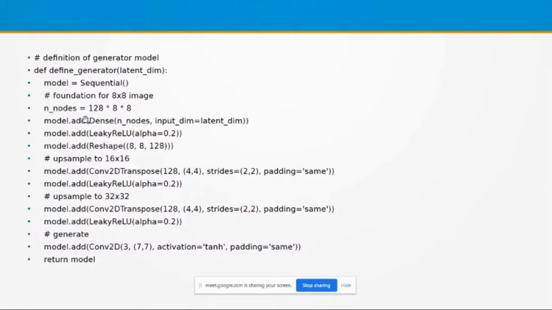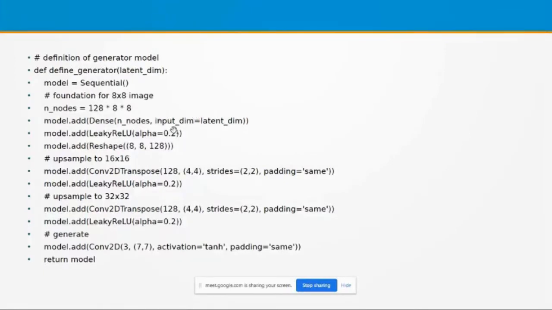So that is the reason why we consider n_nodes is equal to 128 into 8 into 8. Then model.add Dense, a neural network, a hidden layer. How many nodes are there in the hidden layer? 128 into 8 into 8. That many nodes. So the input dimension is latent dimension.